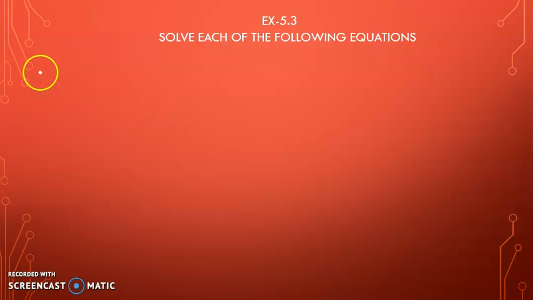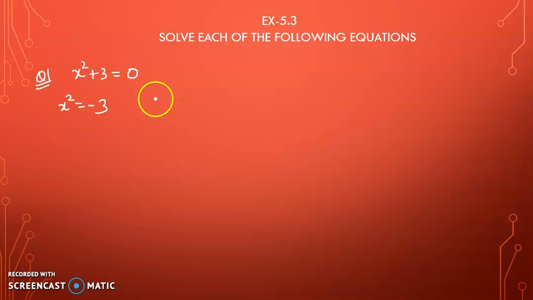So I'm writing question number 1. Okay, so question number 1 is, we have to solve x square plus 3 is equal to 0. You have to solve this. So this is a quadratic equation, right? The degree of the variable is 2, right? So x square plus 3 is equal to 0. So I can write this as x square is equal to minus 3. This plus 3 will go on the right side, it will be minus.